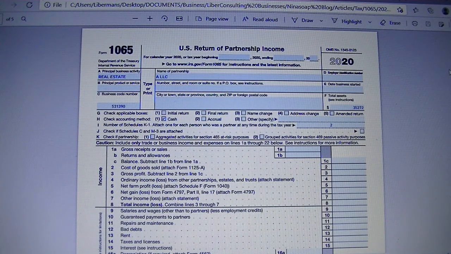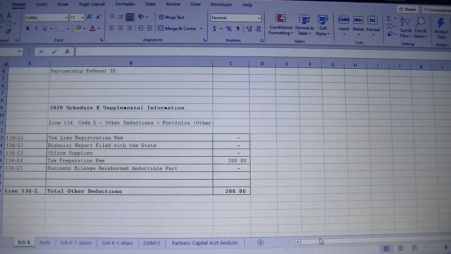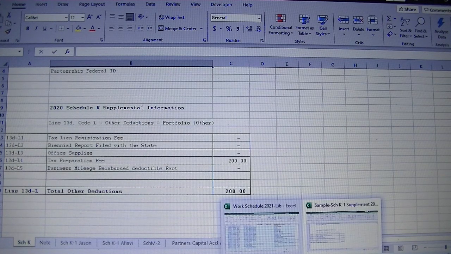We'll have another video for how to complete Schedule K-1, and we will have instructions for the form on our blog as well. And probably if you want to see how it is laid out, you'll be able to take a look at the